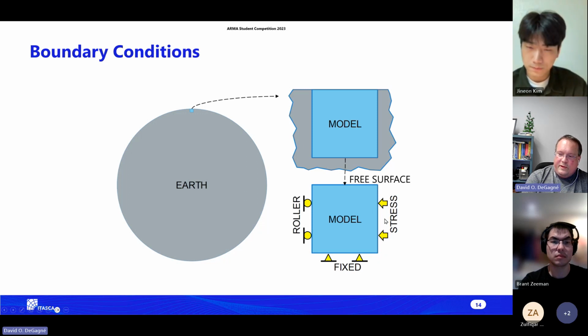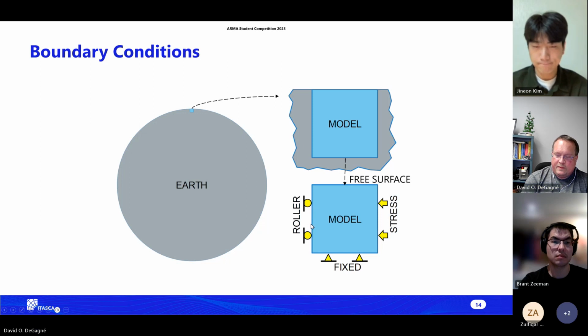We can use stress. So if we want to say this is a very large model and there's a tunnel at the base of it, and this is the actual surface, well, we can increase the level of stress or define the stress that's acting on the model at the boundary. There are simpler ways if stress is less of an issue, where we might use what's called a roller boundary, in which case you can think of this as a wheel. At this boundary, these grid points are free to move up and down, but they're not free to move left